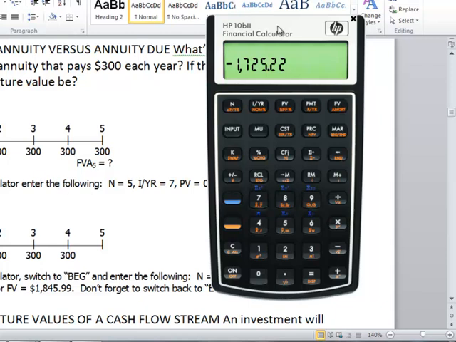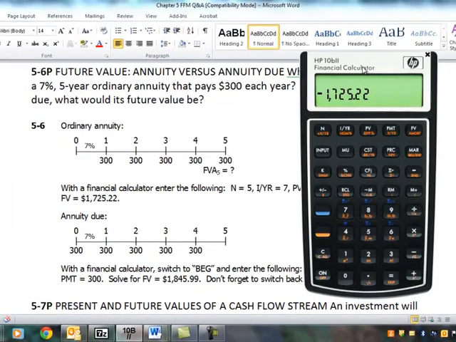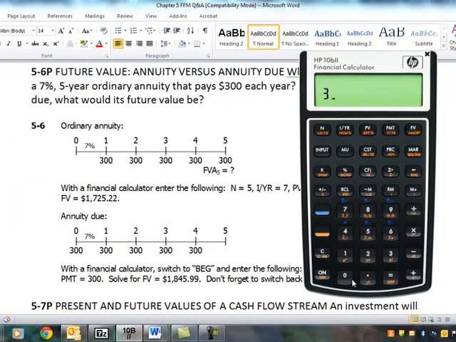Now that isn't shown on your directional sheets. So you need to make the $300, if you're depositing money into the account, a negative. So your future value would be $1,725.22. So a negative $300 reflects the fact that you're putting money into the account, and then at the end of 5 years you're going to withdraw